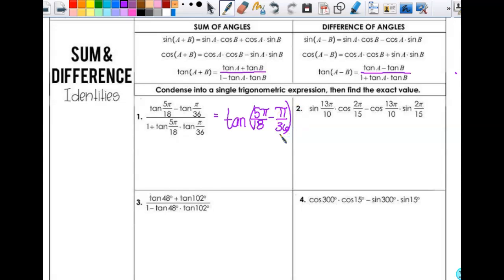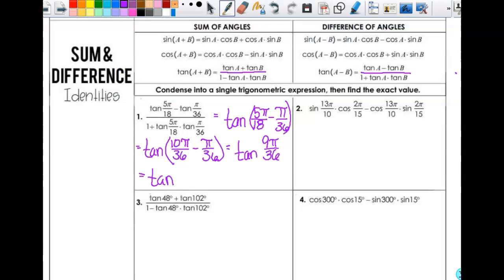Okay, and remember, you have to show your work on this stuff. So then this gives me the tangent of, I'm going to need a common denominator. My common denominator here would be 36. So this is going to be 10 pi 36 minus pi 36. So this will give me the tangent of 9 pi 36ths, which is still maybe something that you don't know, but tangent of 9 pi 36,